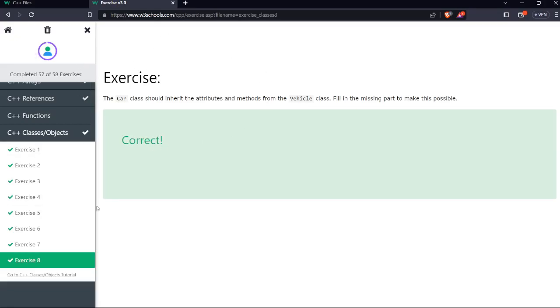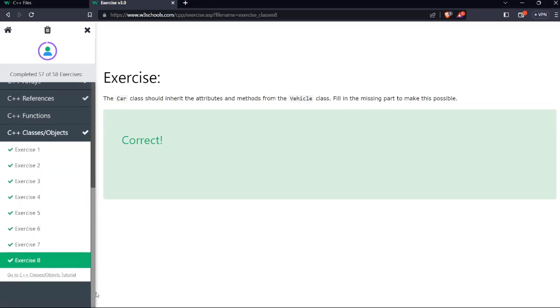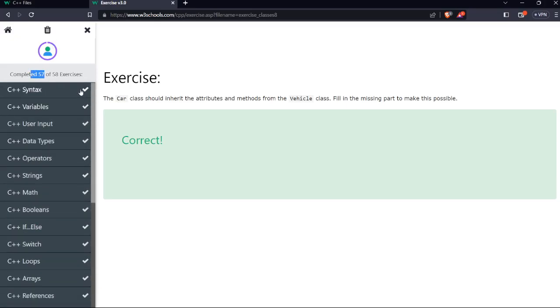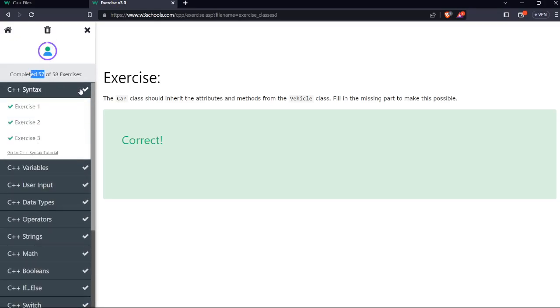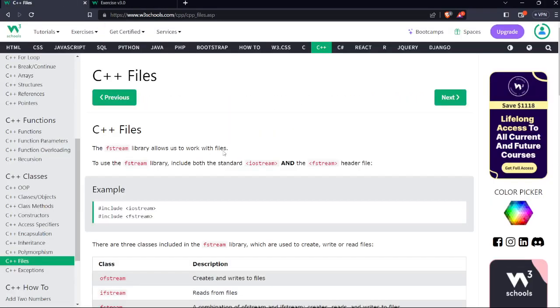So now we have completed each and every exercise here. It's telling that 57 of 58 is completed. So did we miss something? Yeah, anyway,